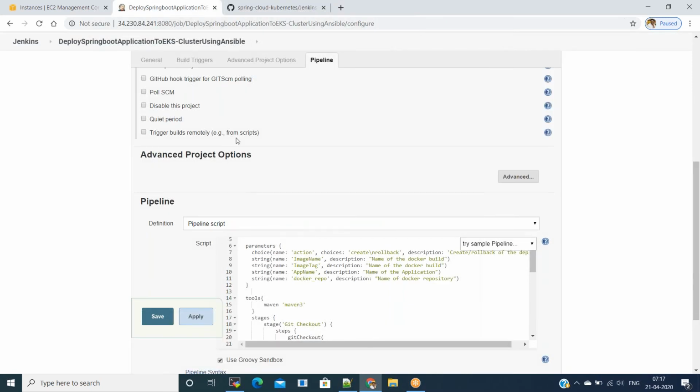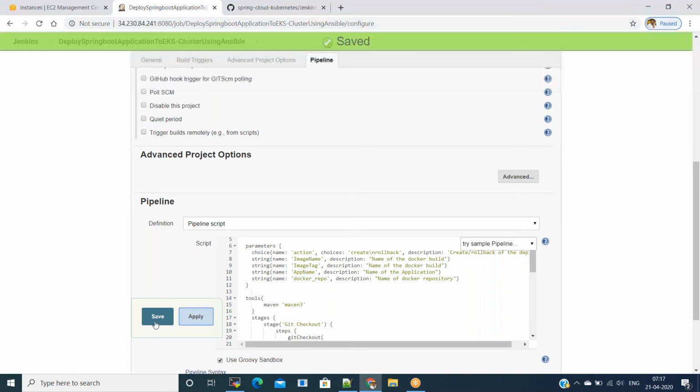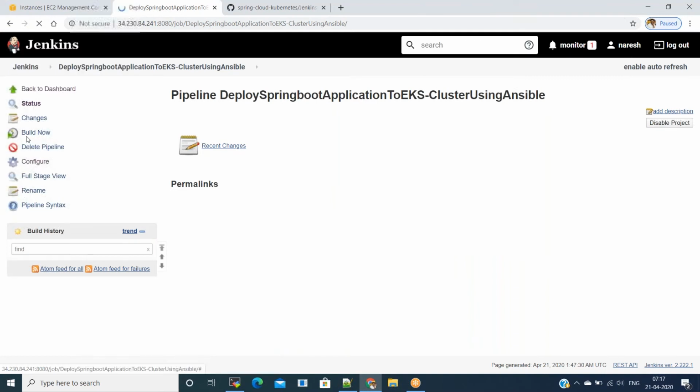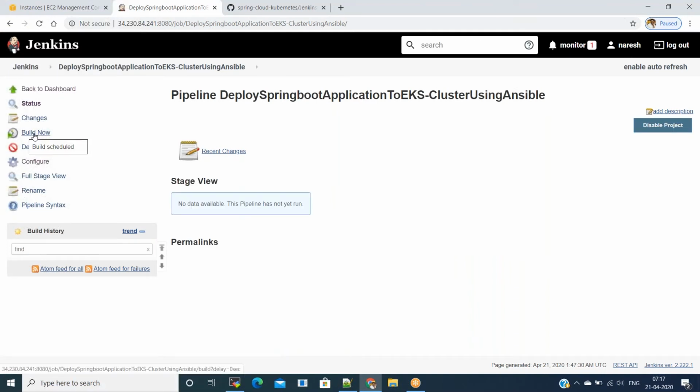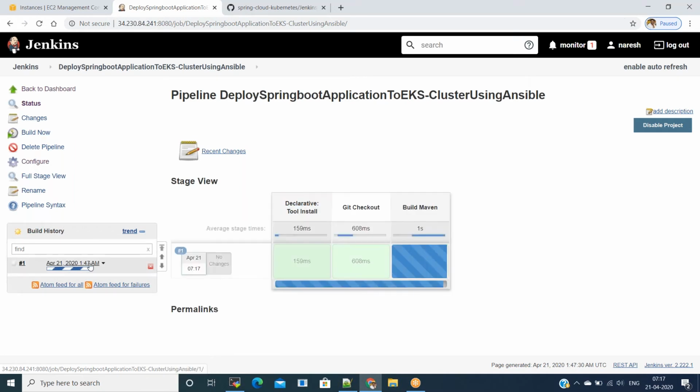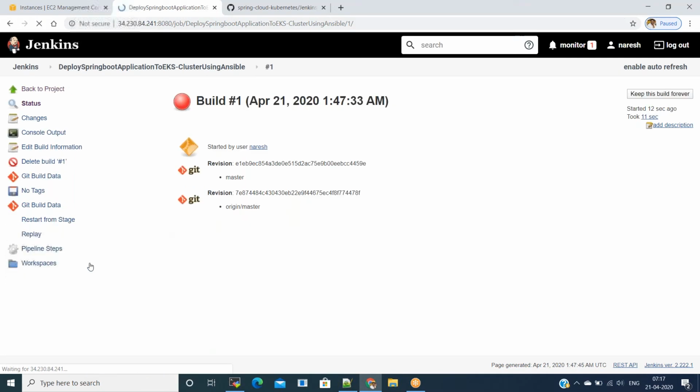You can go through that, you will understand easily. Let us apply and save the pipeline and start executing the pipeline. First time you can click on build now. If you want, we can set up a GitHub webhook trigger as well, but I'm not doing webhook for this particular video. I will do a detailed video end to end with webhook as well.